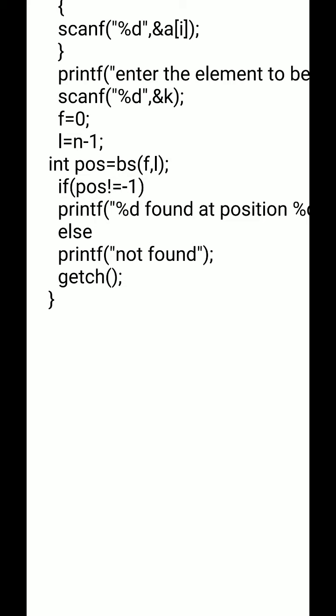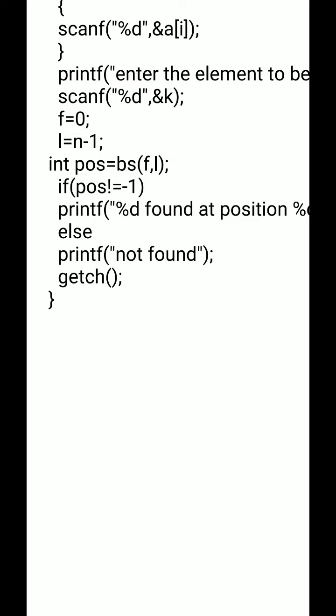And why is it written here int POS is equal to BS(f, l)? Why are we not directly calling BS(f, l)? So I am revising this thing you have learned in C language. Whenever a function has a return value, then this return value should be taken into some variable of the same type. So POS is the integer variable, which will take the return value.